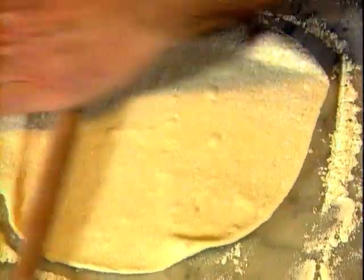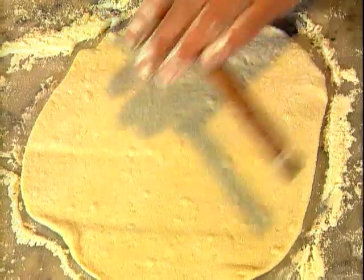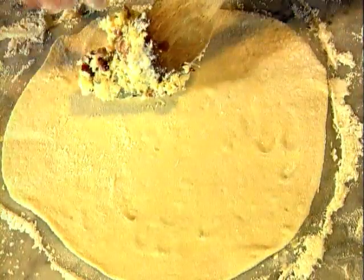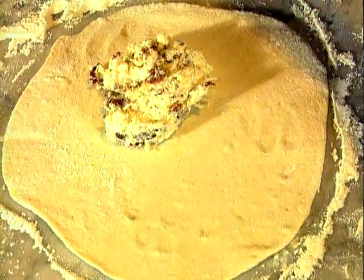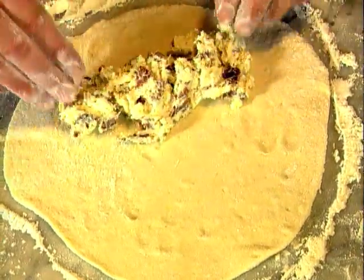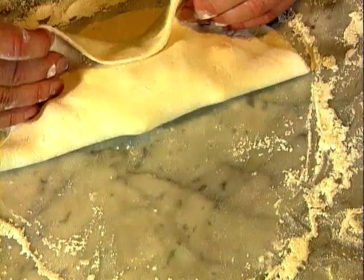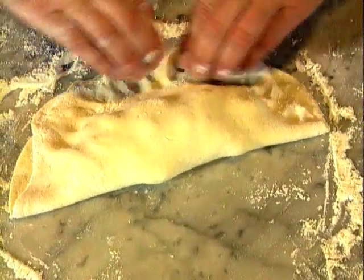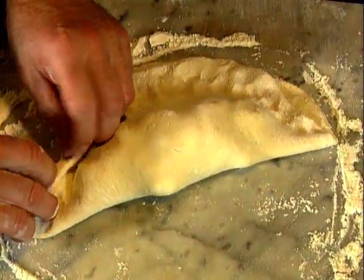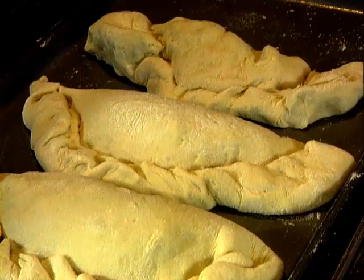into a rough circle, and a thin rolling pin is best for this job, I find anyway. Once rolled, I put a dollop of the ricotta mixture onto one side, wet around the edge, fold over the other side, and make sure that the parcel is well sealed. It then goes onto an oiled baking tray, and once I've made 4,